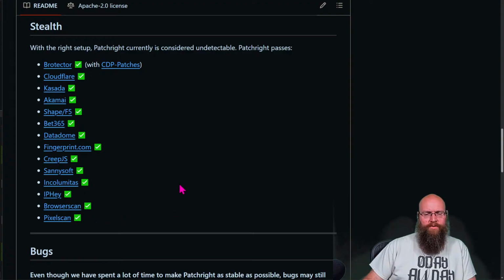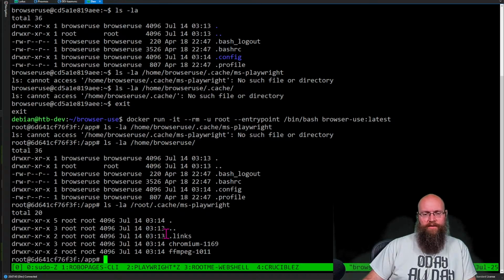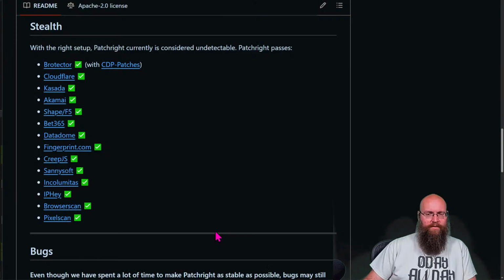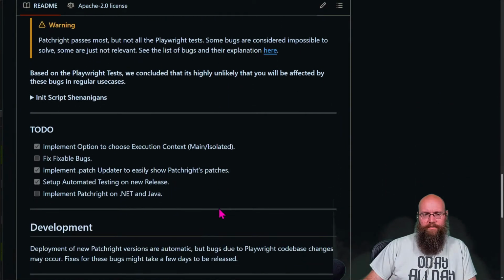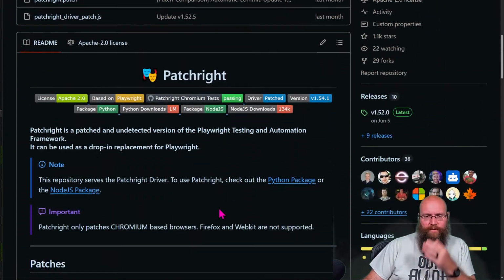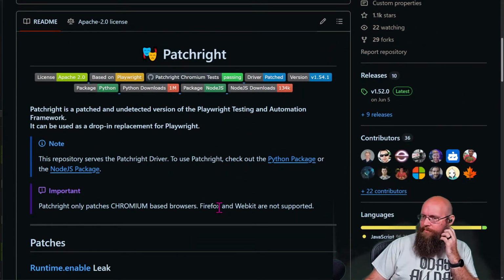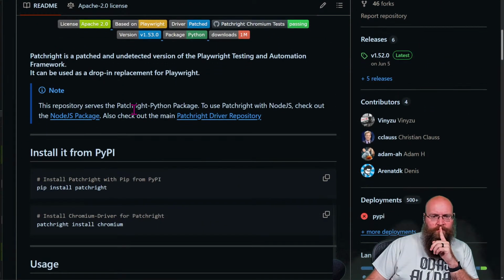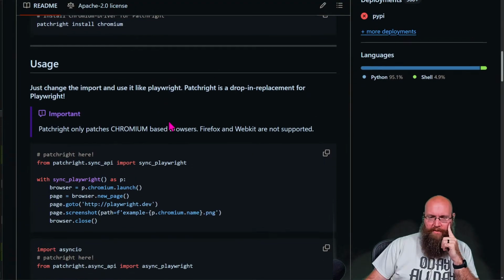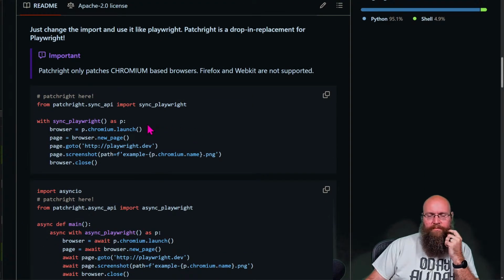Oh, very interesting. So Patchwright is a way to try to make this a little bit more stealthy. Wait a second. So are we running Playwright or Patchwright for this? Dude, this is a bigger rabbit hole than I ever thought it was going to be.